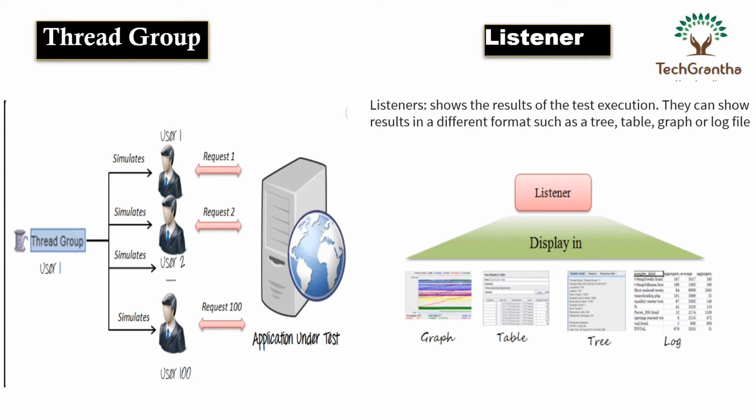Another element is the listener. So what is the listener? The listener will show you, during test execution time, the graph, in tabular format and tree format, and it will display the logs also. That is the work of the listeners. Whenever you do your execution, either on Performance Center or LoadRunner, we want to show our result. In JMeter, we can see the result in different modes: graph-wise and also in tabular format. That is the main work of the listener, to show your execution result graphs.